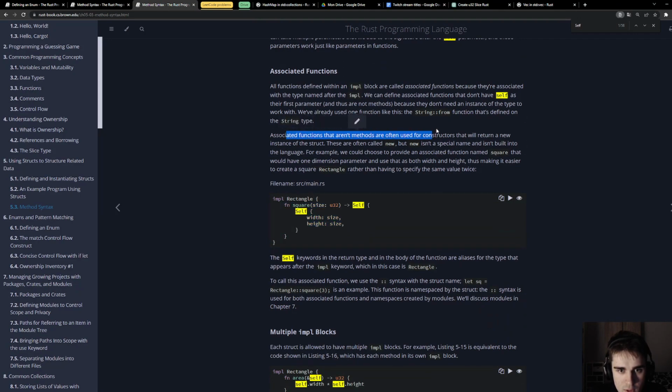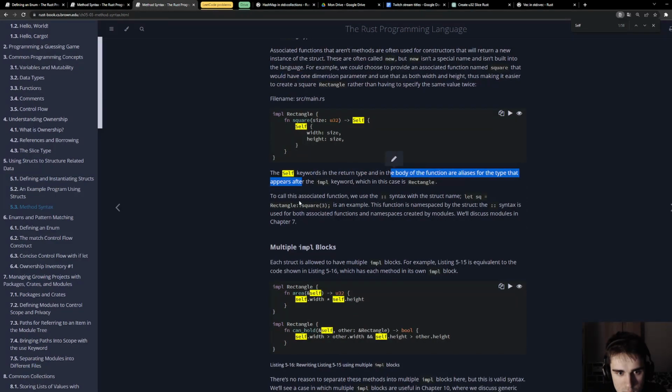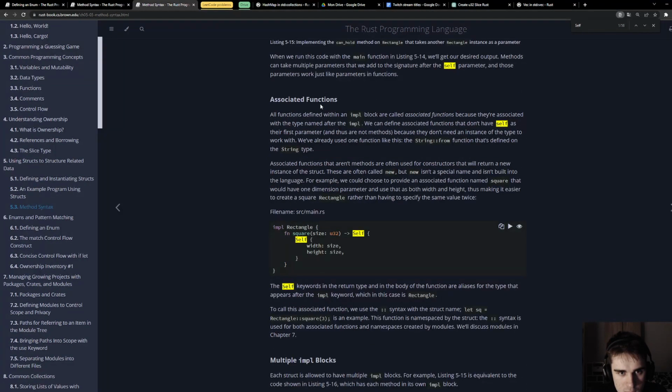Associated functions that are not methods are often used for constructors that will return a new instance of the struct. New, but new isn't a special name and isn't built into the language. Got it. So this is an associated function.